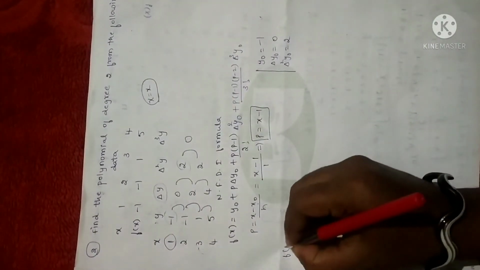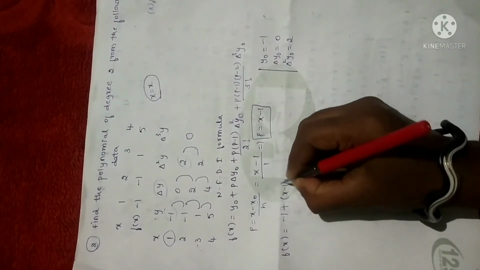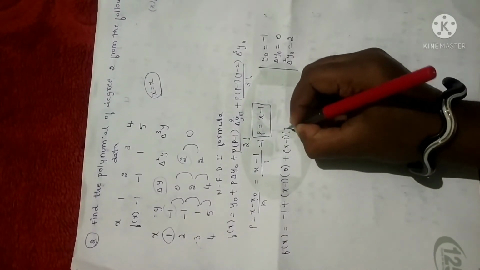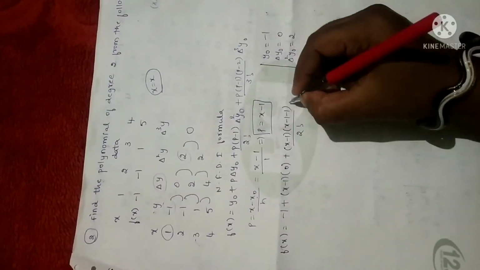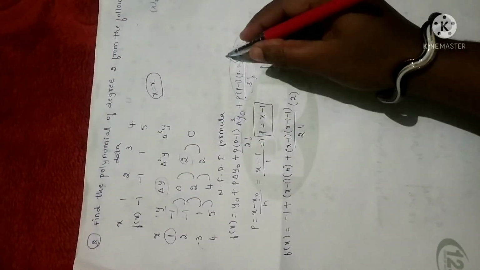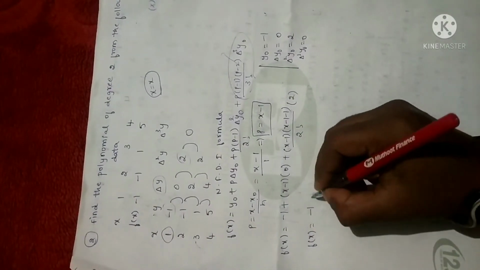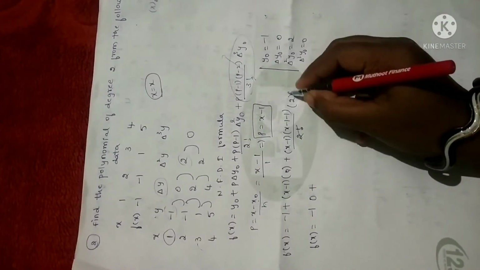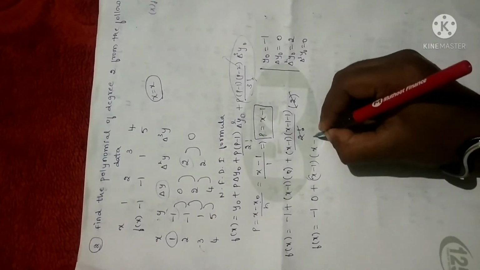Now with all the values substituted in the formula, we get y naught is minus 1, plus p is x minus 1 into delta y naught is 0, plus p is x minus 1 into x minus 1 minus 1 divided by 2 factorial into delta square y naught, it is 2. Anyhow delta cube y naught is 0 only, so no need to substitute here. Anyhow 0 into anything will be 0 only. So f of x is equal to minus 1, x minus 1 into 0 is again 0, plus 2 factorial is another than 2. So with this the 2 gets cancelled, so we are left with x minus 1 minus 1, minus 1 is minus 2, so x minus 2.